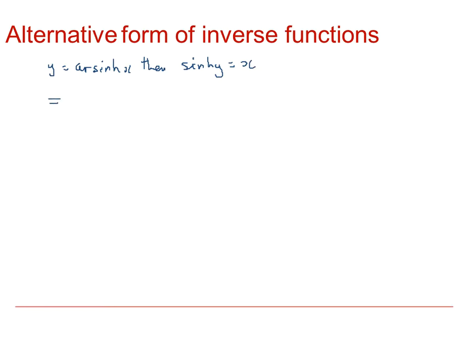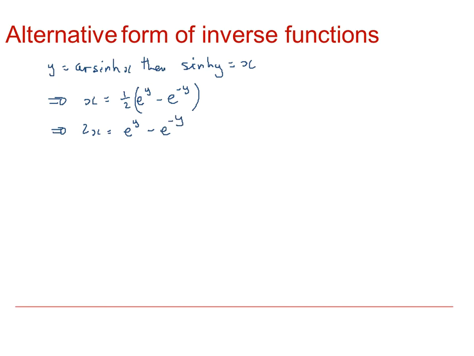And this means that x must be equal to 1/2 of e to the y minus e to the minus y. Well, we've seen how we solve this sort of equation. If we now multiply by 2, we get 2x is equal to e to the y minus e to the minus y,